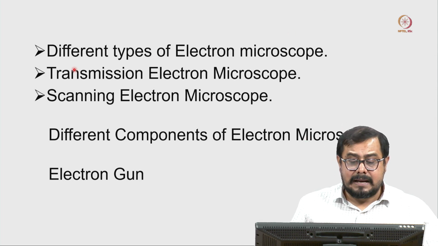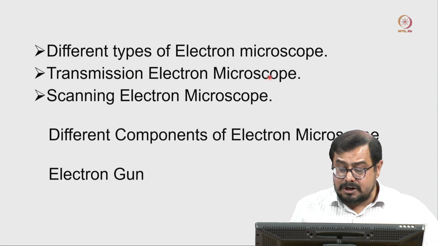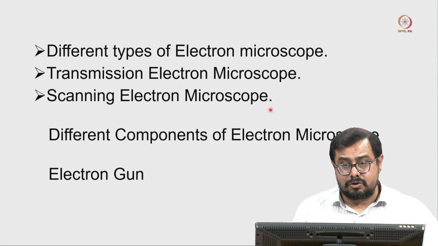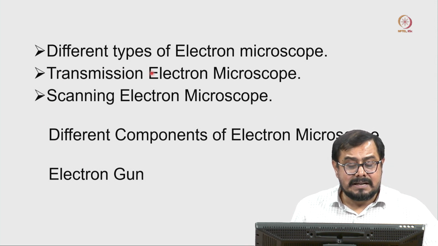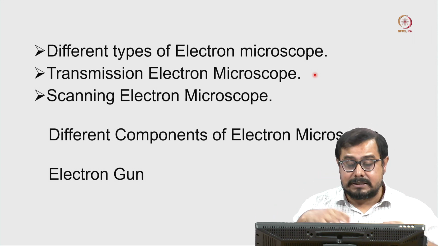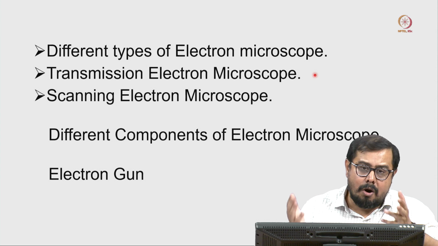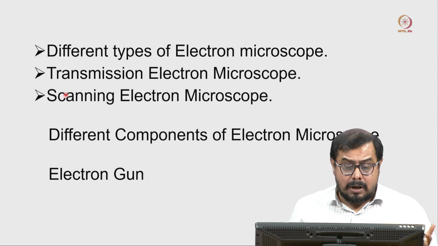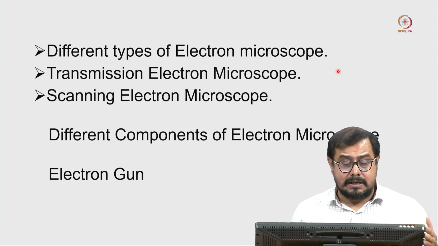Now, different types of electron microscope: I already discussed the transmission electron microscope and the scanning electron microscope, and then STEM, the scanning transmission electron microscope, is also there. If you just consider the transmission electron microscope, for material science purposes you can have the analytical electron microscope, high resolution TEM, or cryo-TEM also. So, the cryo-electron microscope we use at cryogenic condition.